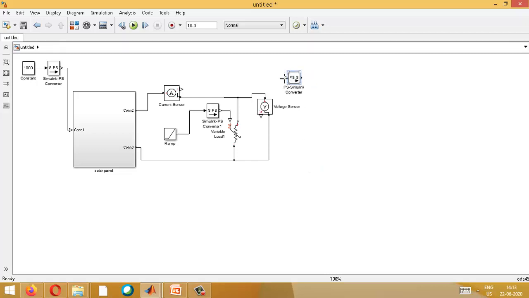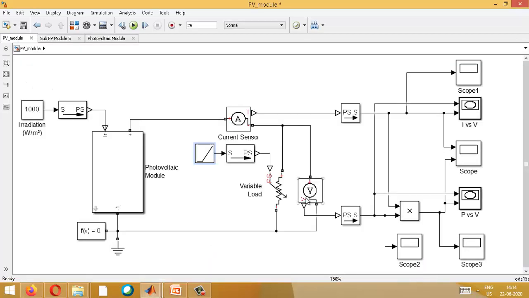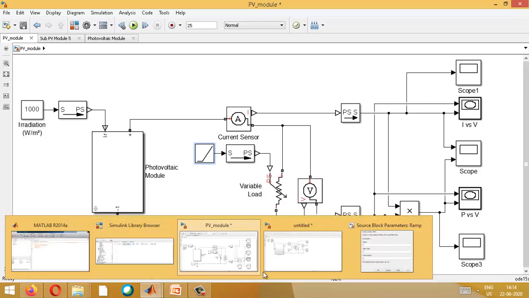Now you just connect it to V and similarly connect it to I. So now I am able to get the V value and the I value. Now whatever you want you can do. This is just a sample I am having. If you put V into I, you get power. That power you can view with V as well as with I. That is what we are going to do.